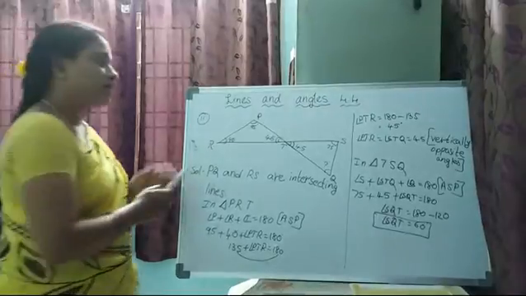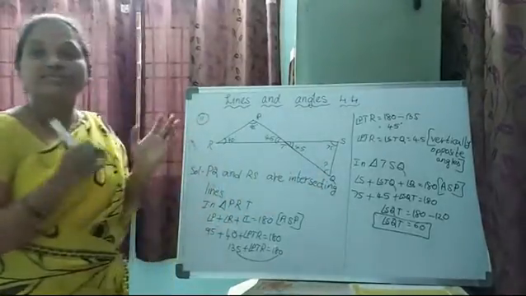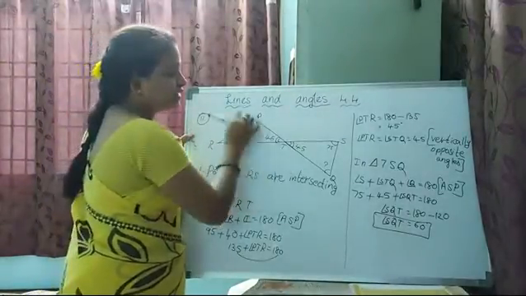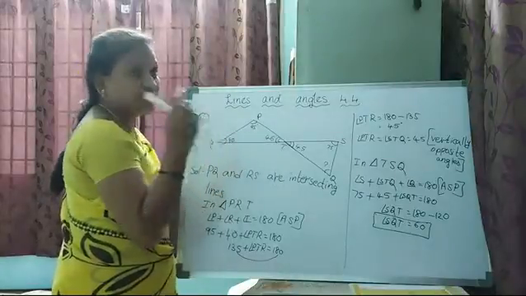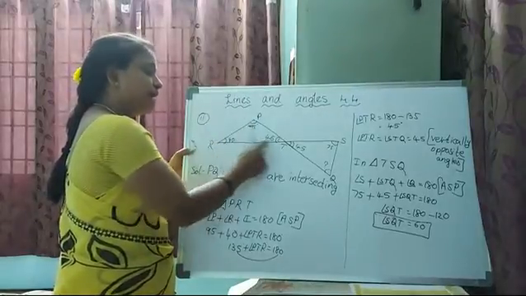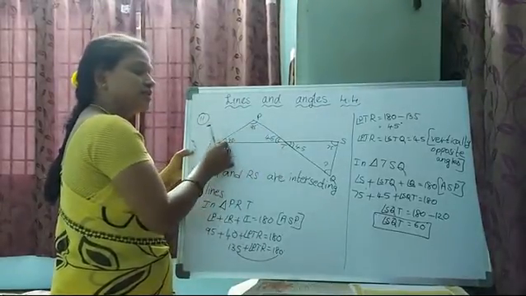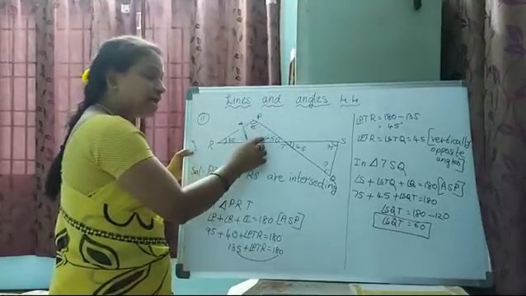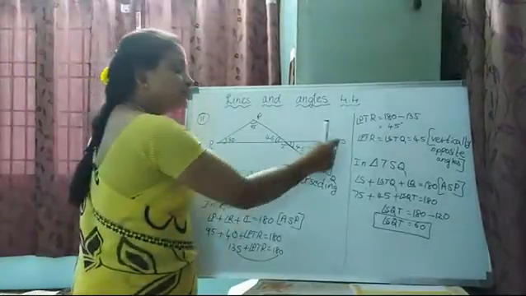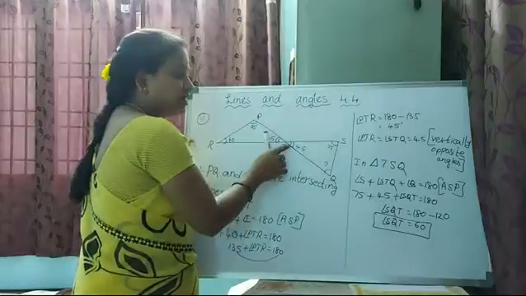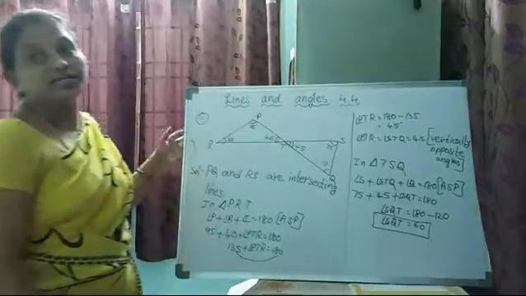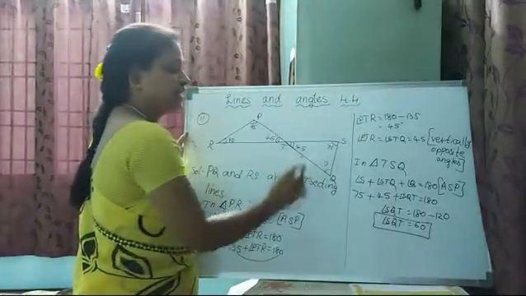First of all, these two are intersecting lines. Whatever they have given, from that only we have to find out whatever we want. From the intersecting lines we have one point, that vertically opposite angles are equal. According to the angle sum property, we knew these two angles and can find the third angle. If this angle is 45, this is also 45, because vertically opposite angles are equal. In this triangle, we know S and STQ, we have to find only Q. According to the angle sum property we found this angle. Okay, thank you.